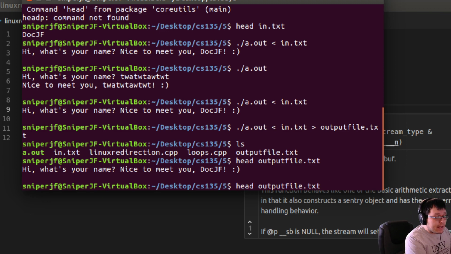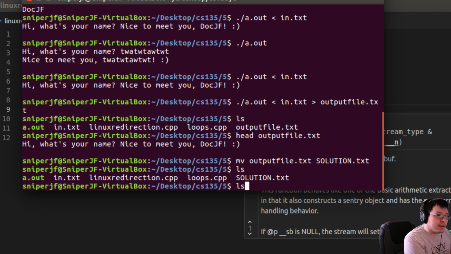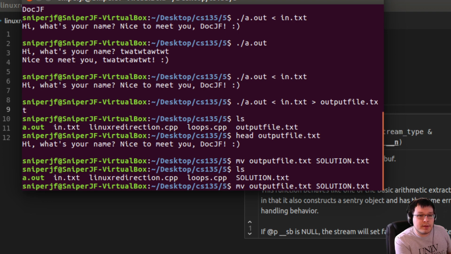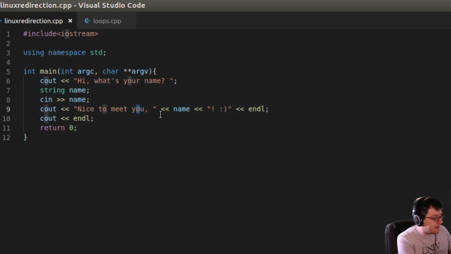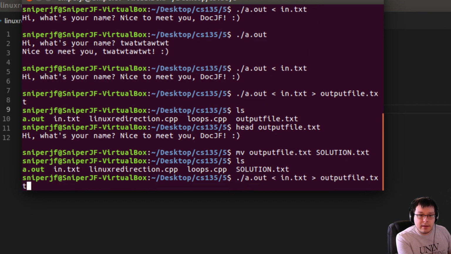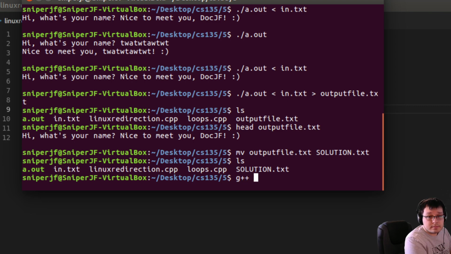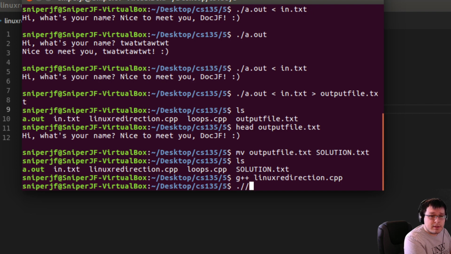And while I'm at it, right now I'm going to go ahead and rename the output file to, let's say, solution.txt. So let's rerun the program again. But this time, let's make a little typo here. Let's say I put an uppercase U, like that. And so now I'm going to recompile it. What is it called? Linux redirection? And then I'm going to run it again